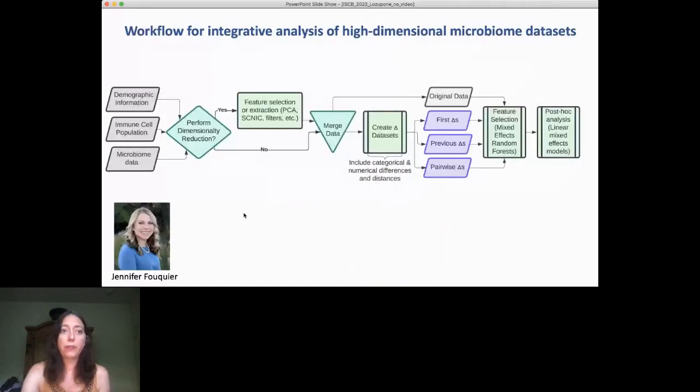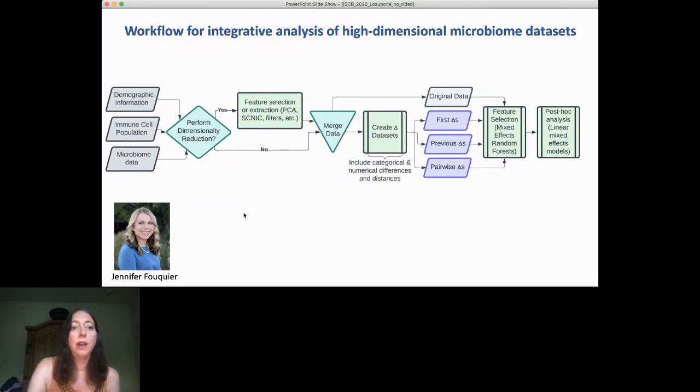We have been developing workflows for integrative analysis of these high-dimensional microbiome datasets. Here's an example workflow that a student of mine, Jennifer Fouquier, has been working on for longitudinal microbiome data analysis. But this workflow also has general properties in our non-longitudinal data analyses. So, for instance, on the left, we show the different sorts of data we want to input. So we have microbiome data, we have data from the host, such as complex immune cell population data, and demographic